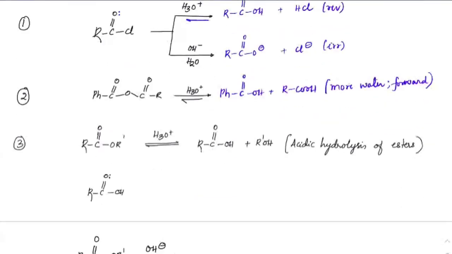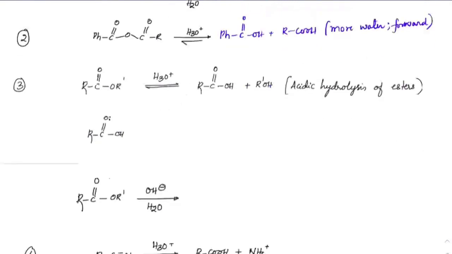Same is the case with esters also. Esters in acidic medium, we have just discussed this. This is the acidic hydrolysis of esters. Now, if you just see the preliminary steps, what has happened, I think I'll leave the space for the mechanism only to practice. So OH plus OH, then H2O as a nucleophile attacks here.